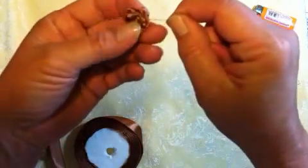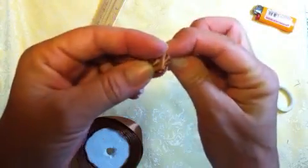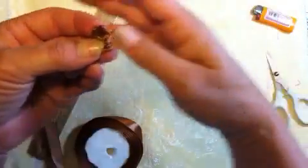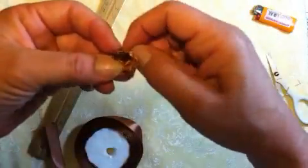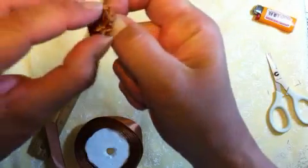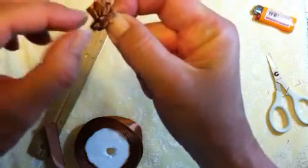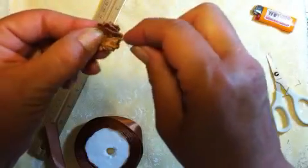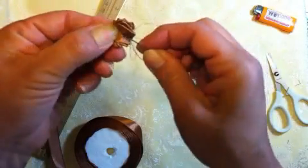So once I get it where I think that's just how I like it, what I do, and this is just something I added also, is I go back up through the ribbon and come up right next to our little bud, and then just back down again. And that kind of holds that where you just put it, because otherwise, if you just leave it the way it is and knot it, you've only got that one string going through the center, and it could just go right back to that ribbon. You know what I mean. It would just look like a ribbon candy again. So just keep that pulled really tight, put a knot in the bottom,